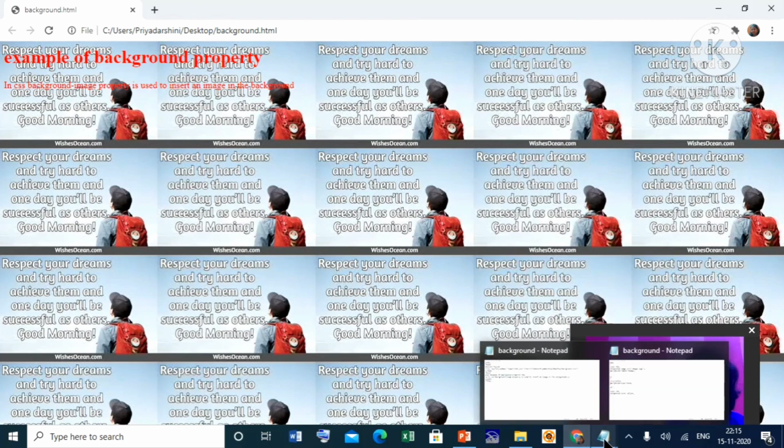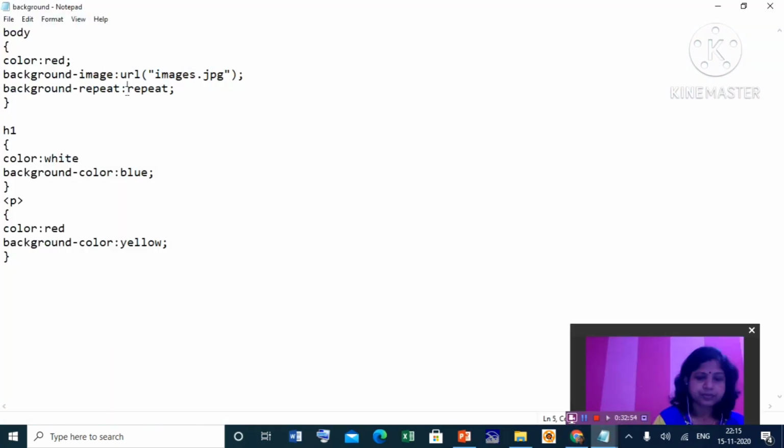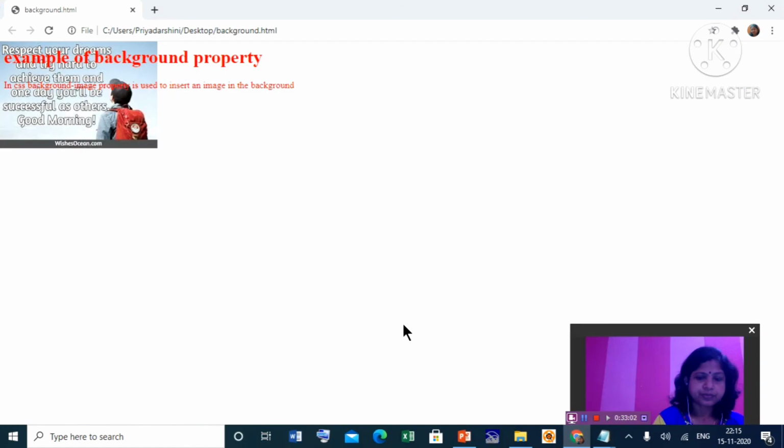And if you write no-repeat, then there will be no repetition. So this way you can put an image in the background. Clear? Background color and text color also you can change and give. Hope all of you understood. And two more properties are there in the background.